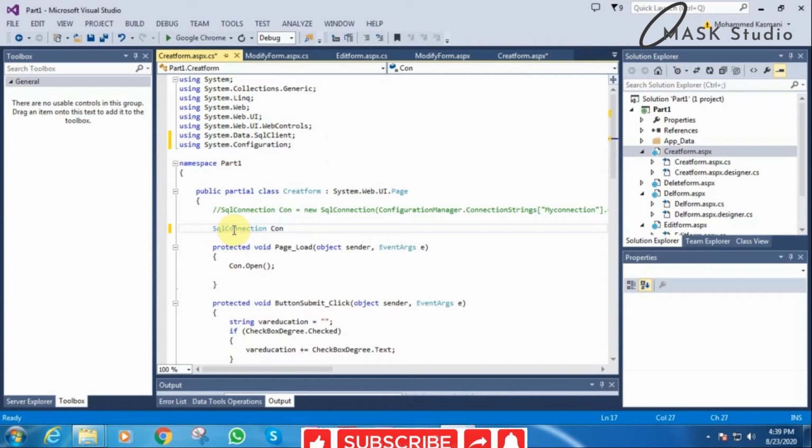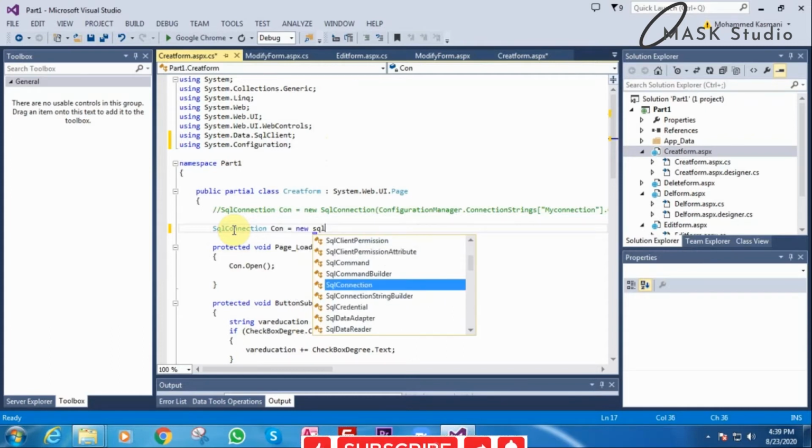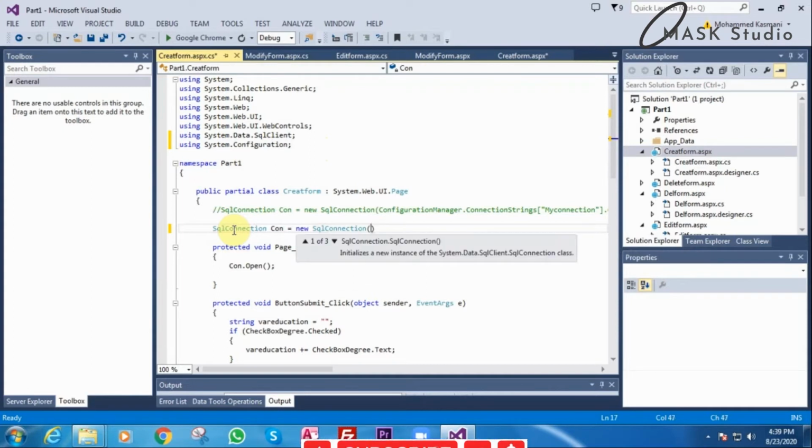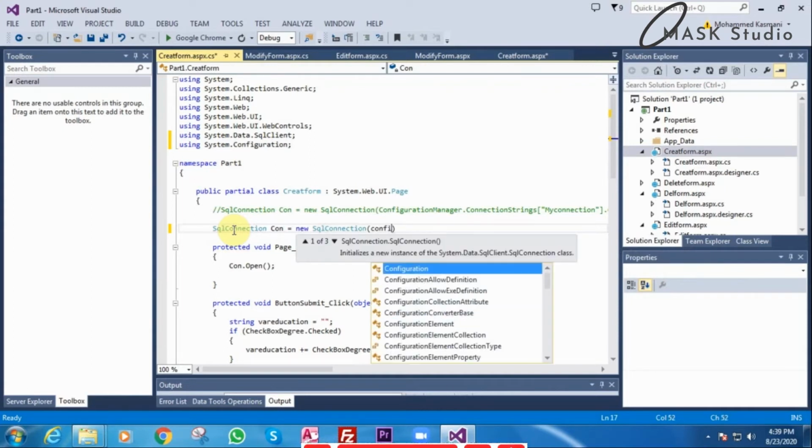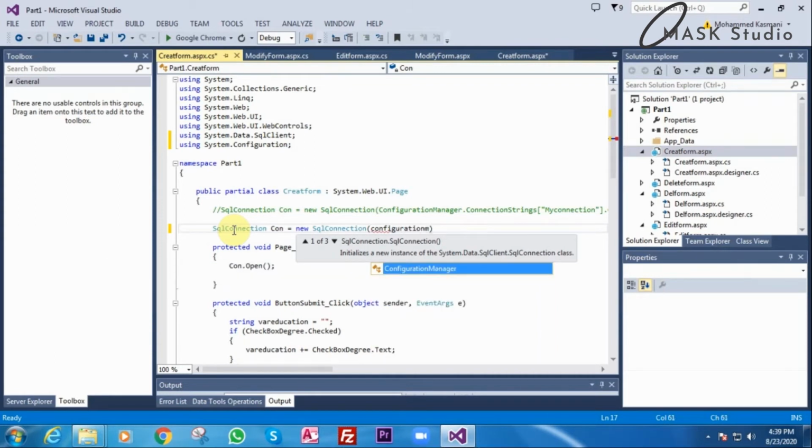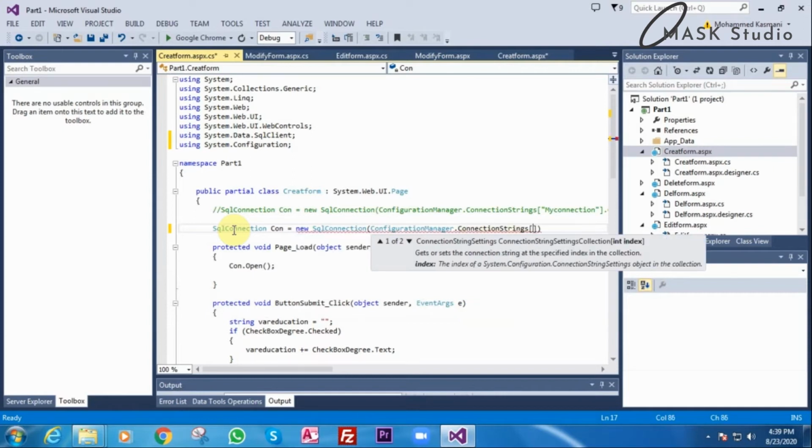You can give any other name. con is equal to new SqlConnection, open bracket, ConfigurationManager.ConnectionStrings, bracket, double quotes. Inside double quotes we have to write down the connection string. What is that connection string?